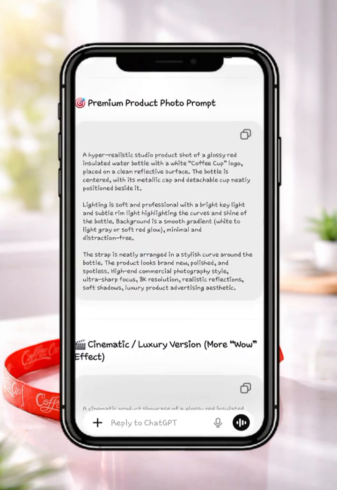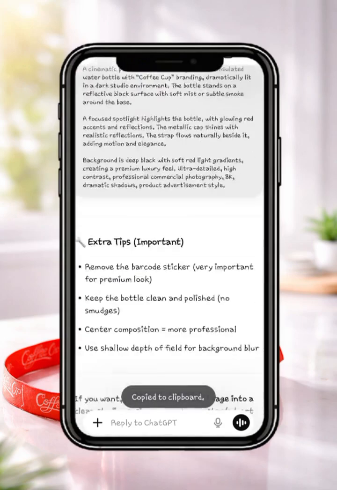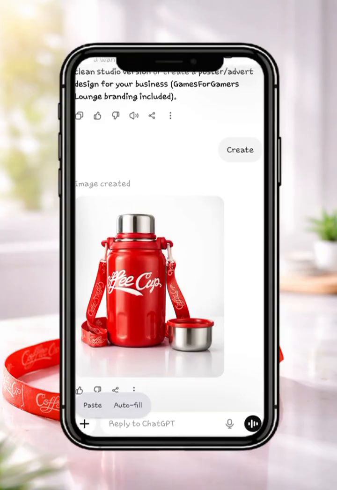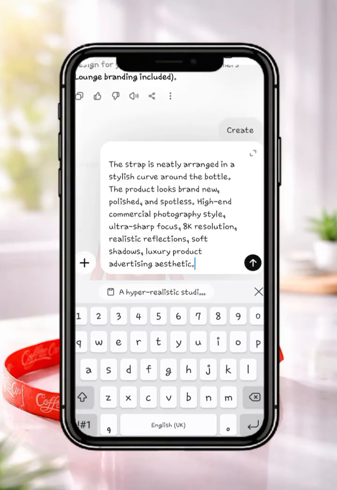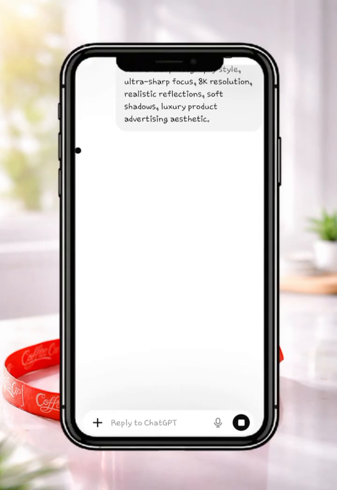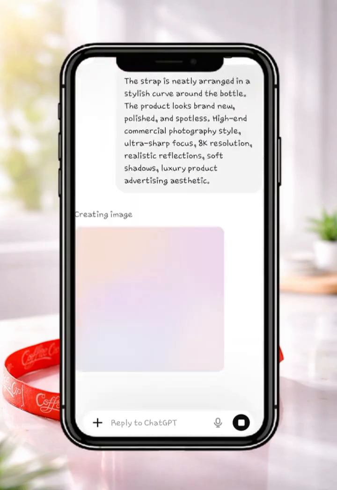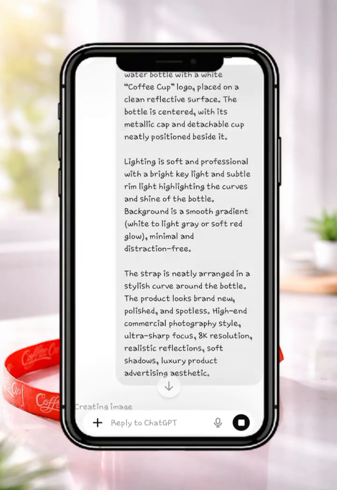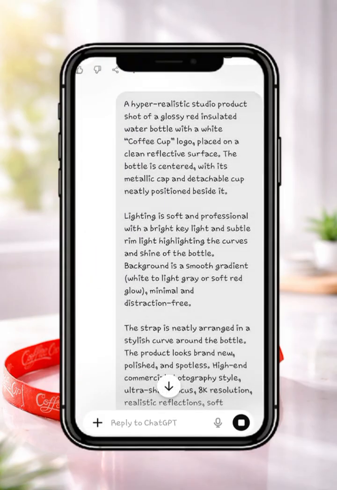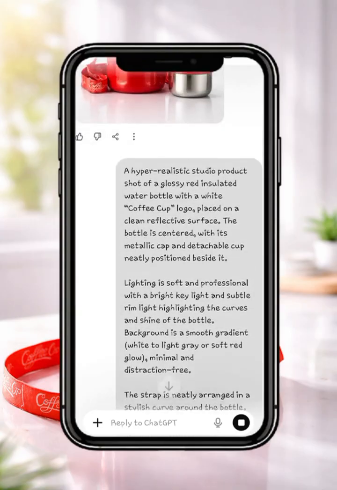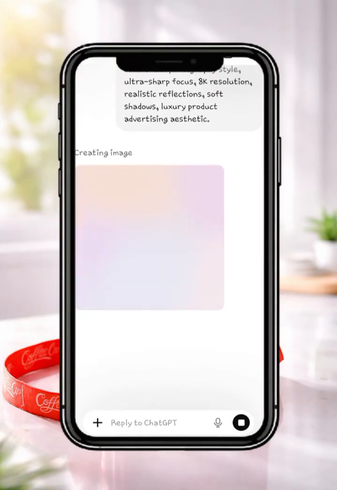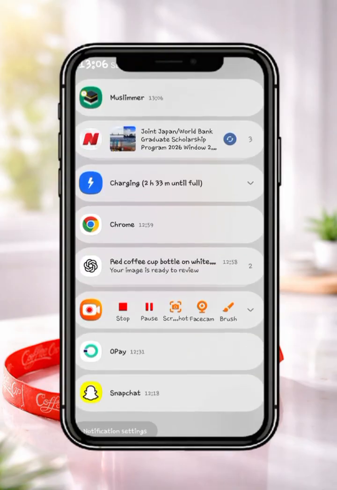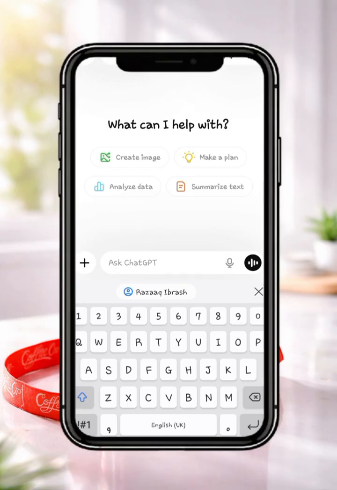So now let me go and use one of the prompts it gave me. So now it's creating. Wait, or let me do it this way. Okay, let's see what it's going to create. It's creating now. So now we have created